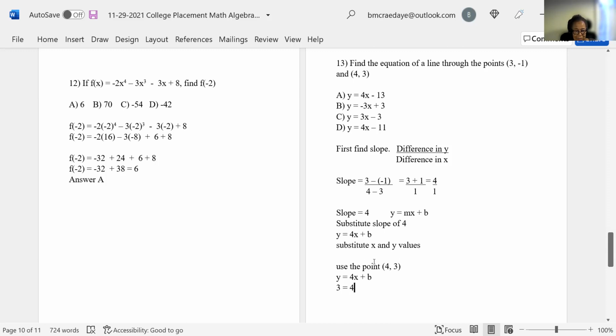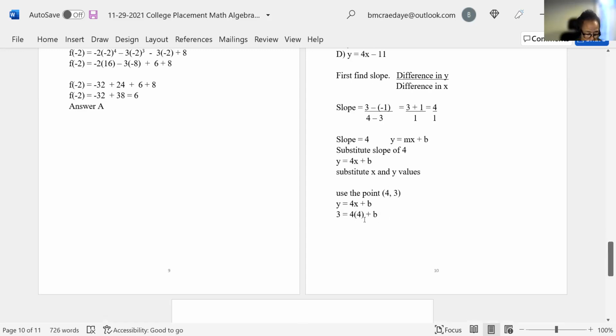That's right, the x is 4, that's from the 4 and the 3, x, y. So x is 4, so that would be times 4 and plus b. Now we can solve for b. So what's 4 times 4? 16. That's right. So this will be 3